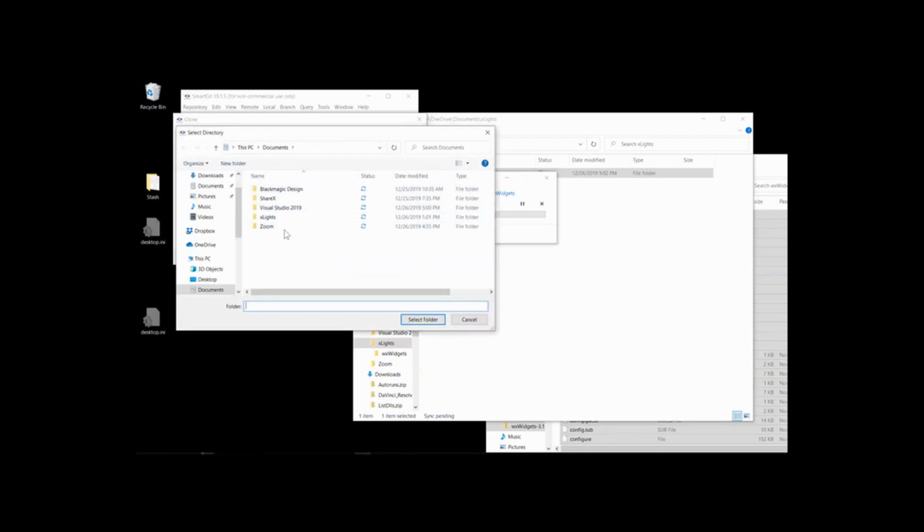Yep, we're going to grab the master. Now we need to find a place to put it. So we're going to put it inside the xLights folder here. And I believe what it will do is it'll create another xLights folder underneath here, which is exactly what I want. It's really important that the xLights repository is installed at the same level as the WX widgets, because all